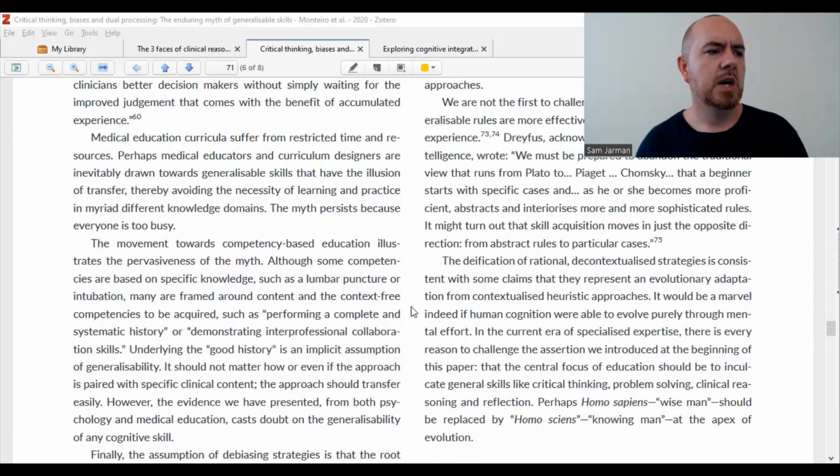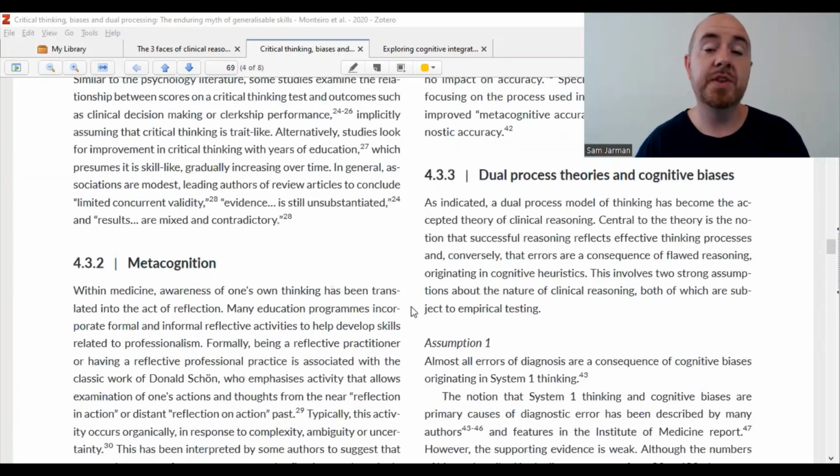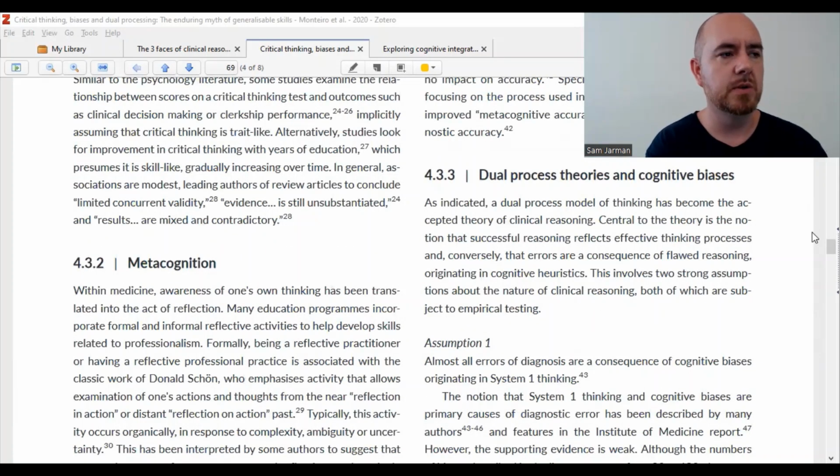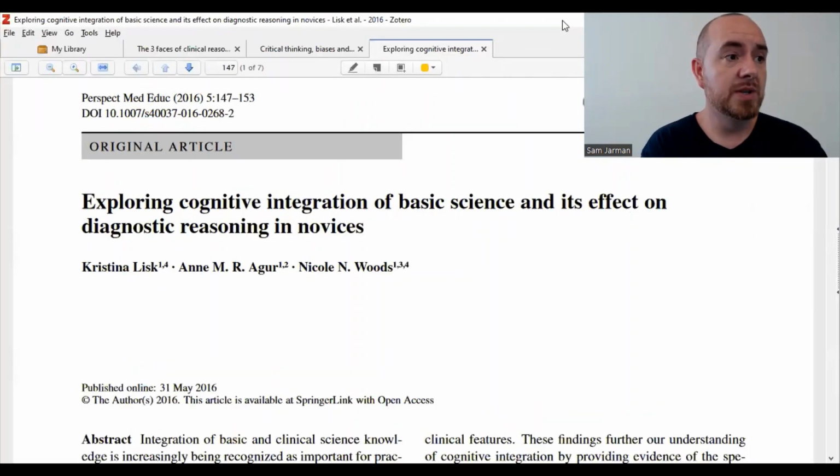That's okay. But I think the important point is that the generalizable skill is not necessarily something to attempt to teach. Sometimes the specific skill is the thing to teach. Now, what I will say is that